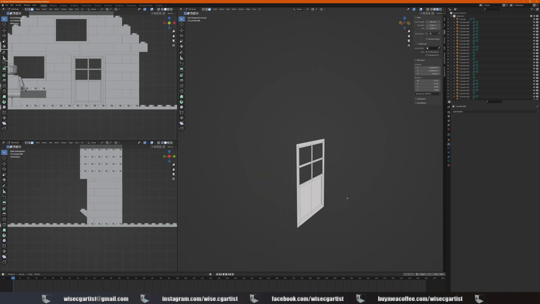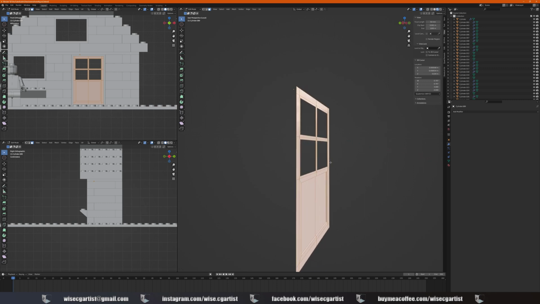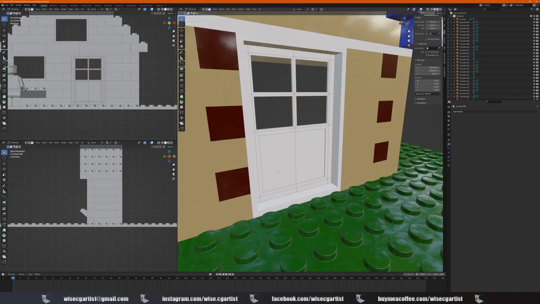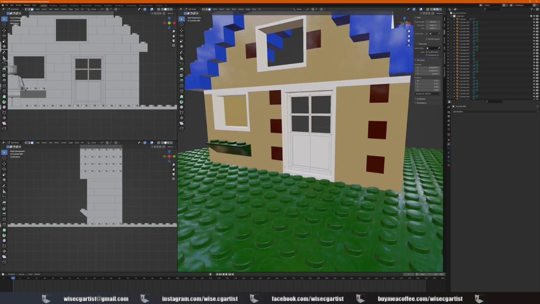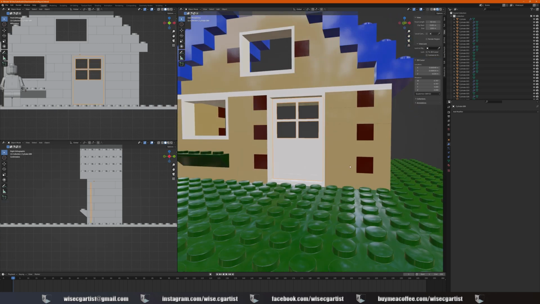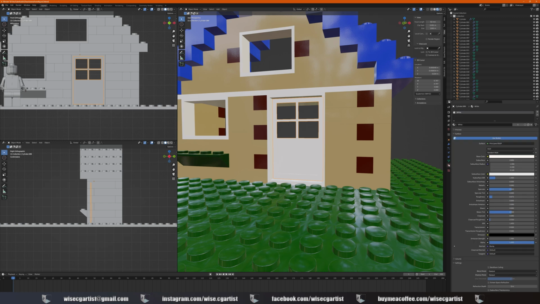Let's select by pressing A and extrude them along the Y-axis like that. Make them thicker. Press slash to exit from isolation mode, and we can add some color to them. I'm going to create a new one. So go into material properties, copy this one, for example,